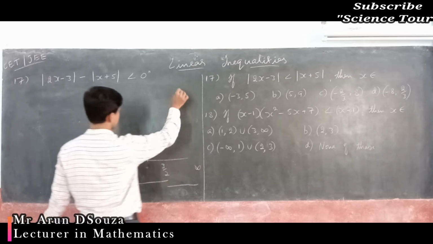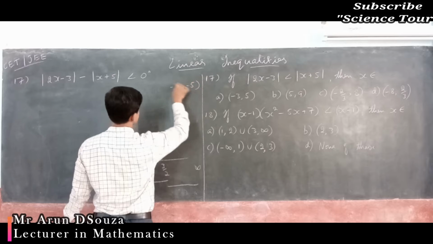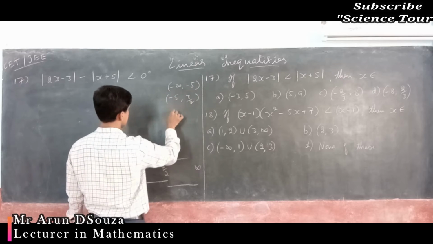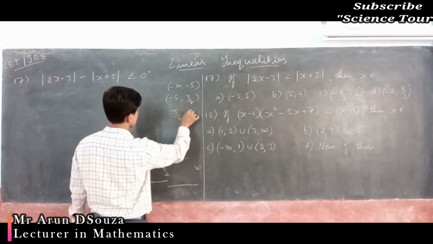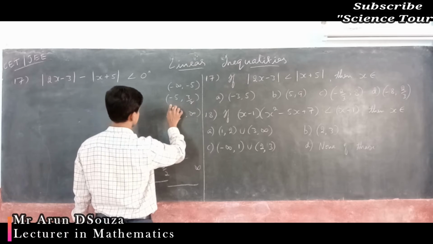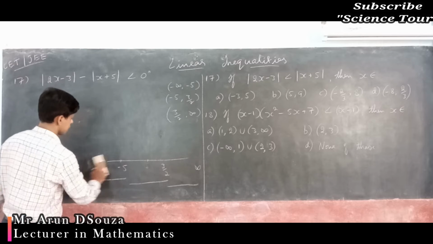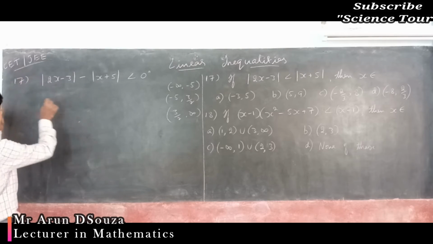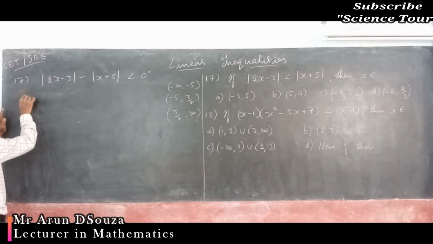So the intervals are minus infinity comma minus 5, the first one, and the second one is minus 5 comma 3 by 2, and then the third one 3 by 2 comma infinity. Okay, so those are the intervals, and in those intervals we are checking for the values of x. So let's do it. First case,